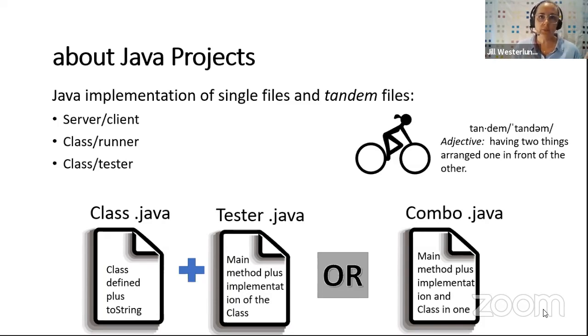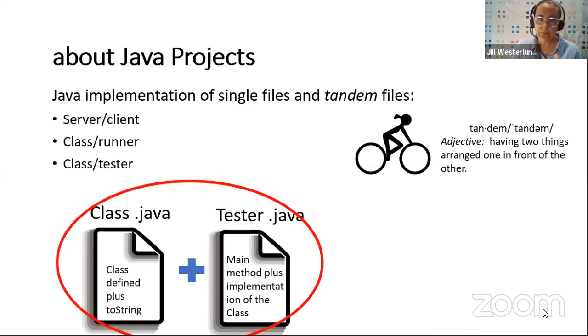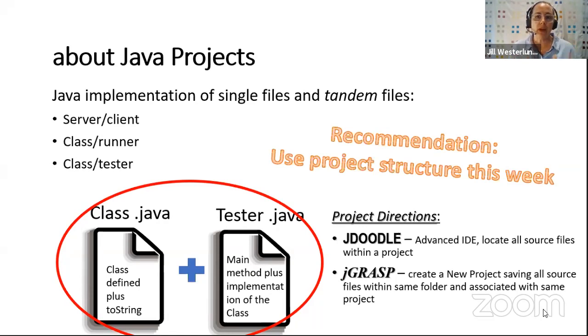We talked about this probably 3 weeks ago. What I want you to think about today, and the way I'm going to present today's various array list topics, is really think about it as a class file, which would be the server, and a tester or runner file that would be the client. And I want you to try to use that structure this week. It will be helpful to you if you build projects with us based on what we're going to present.